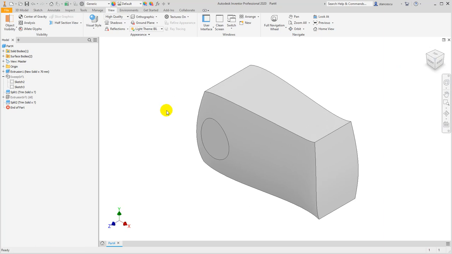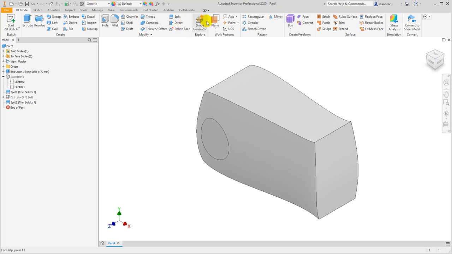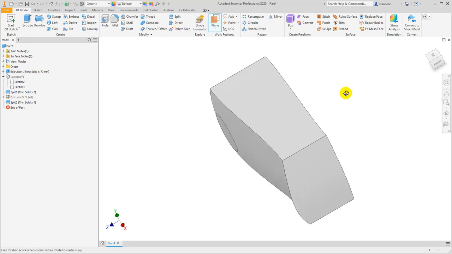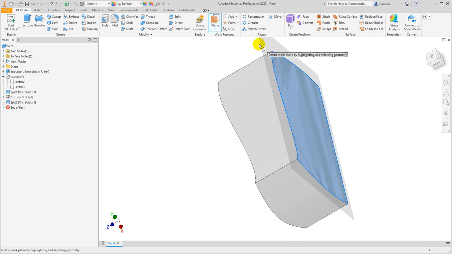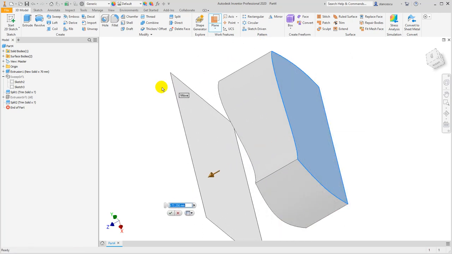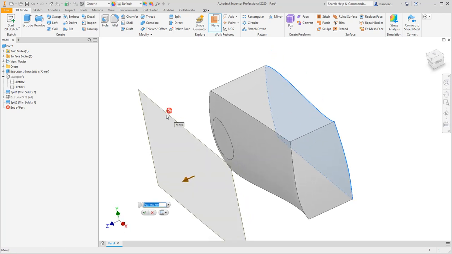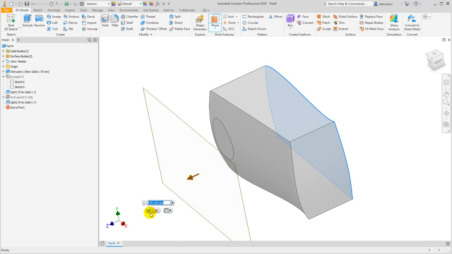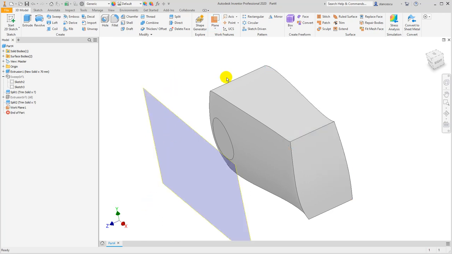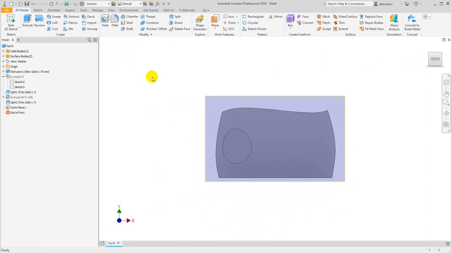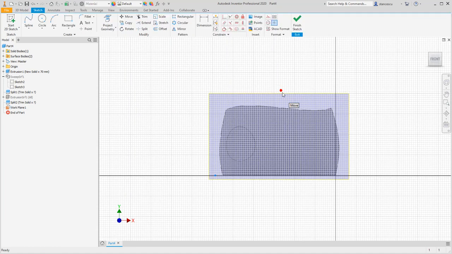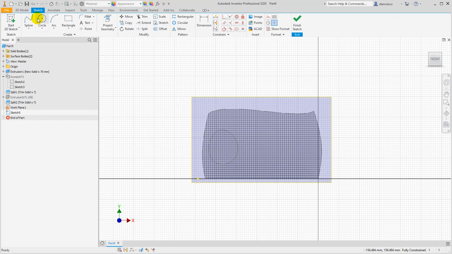placed. This is important because now we create a plane starting from this one and placed somewhere here, somewhere here. Okay, look at front, and in this plane I make a 2D sketch, a circle of 45 diameter,